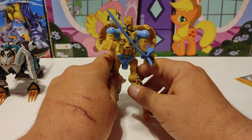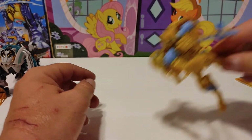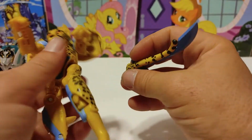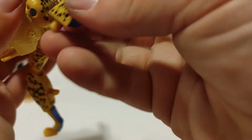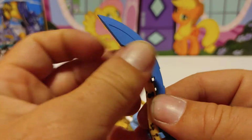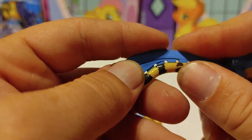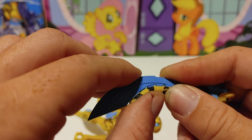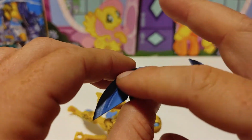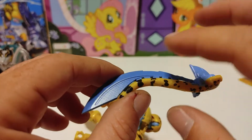Yay. Alright, so I'm going to transform him and show you what it's like whenever he has the claws. Oh, by the way, before I forget, storage. The storage is literally falling off here. And that's the reason why you need the additional peg. See, that creates a great hold. In addition, this should be a softer product, maybe a form of flexible rubber or something. They do make these as a material to